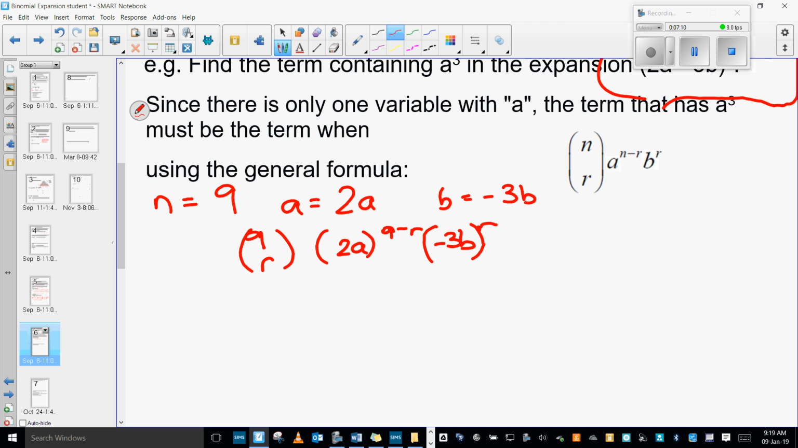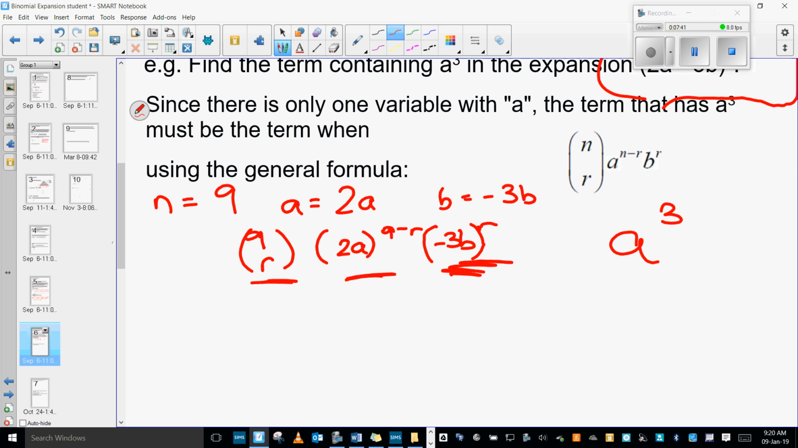Right, now it's at this stage that we need to have a look at this and say, right, we want to find the term that has a cubed. Now, will anything to do with this have an a cubed in it? No, okay. Will anything to do with this have an a cubed in it? Yes. So what we're going to do is focus, will this have an a cubed? No, that's the number. So we're going to focus just on this first part here. So,